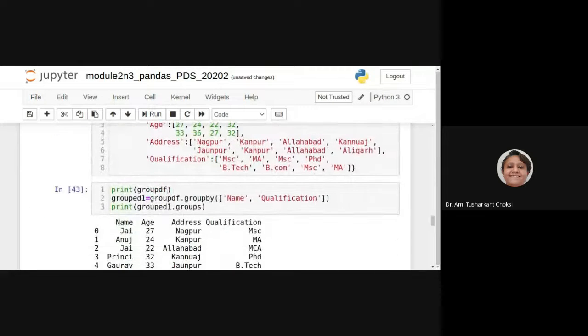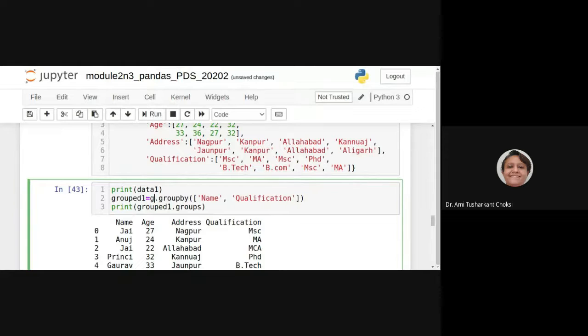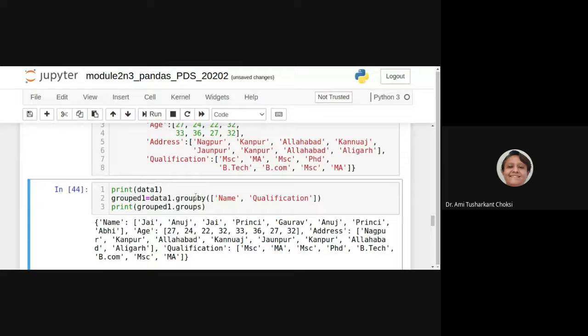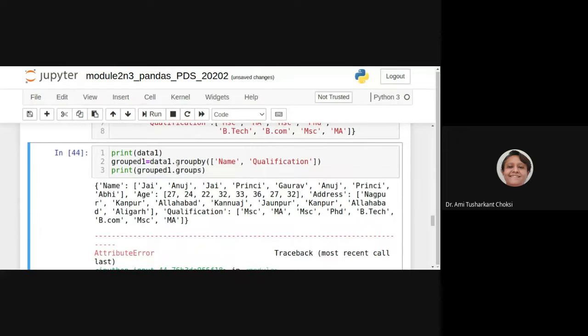What we have to do is provide data one here, sorry, DF1, right? Data one dot group by. So now first of all, our data is there. Let us print this properly.